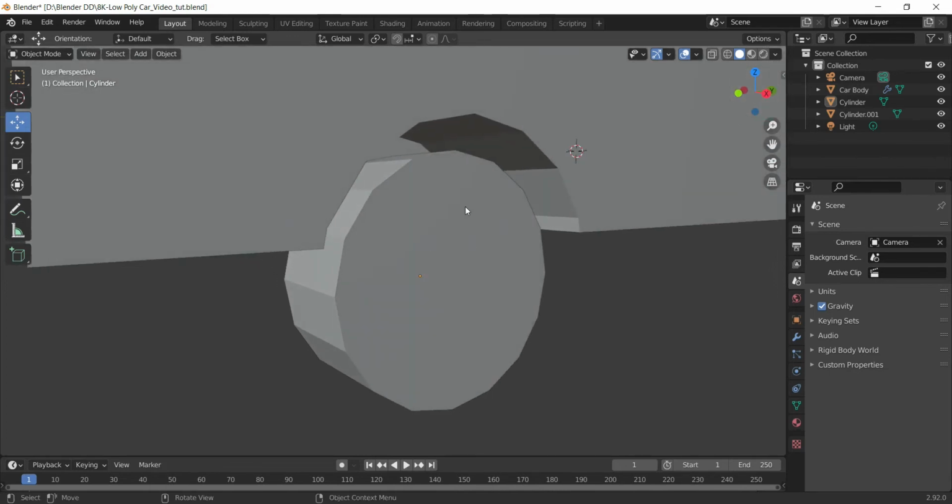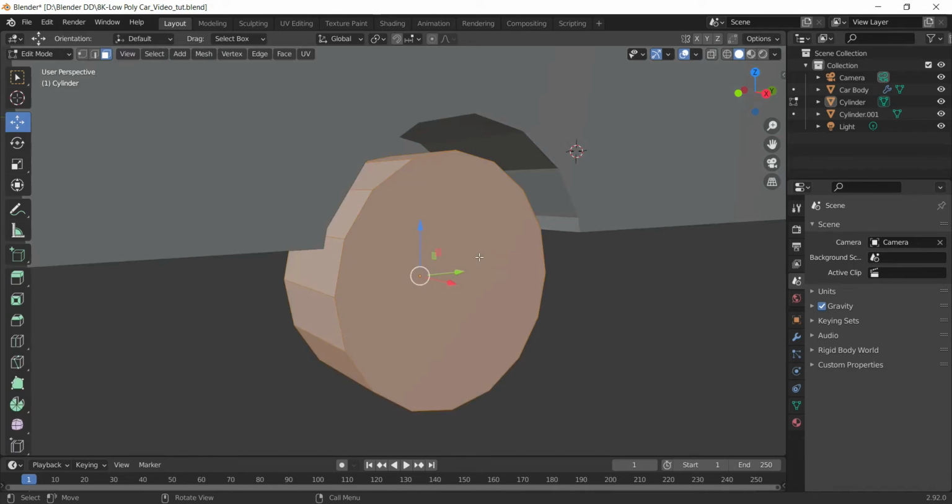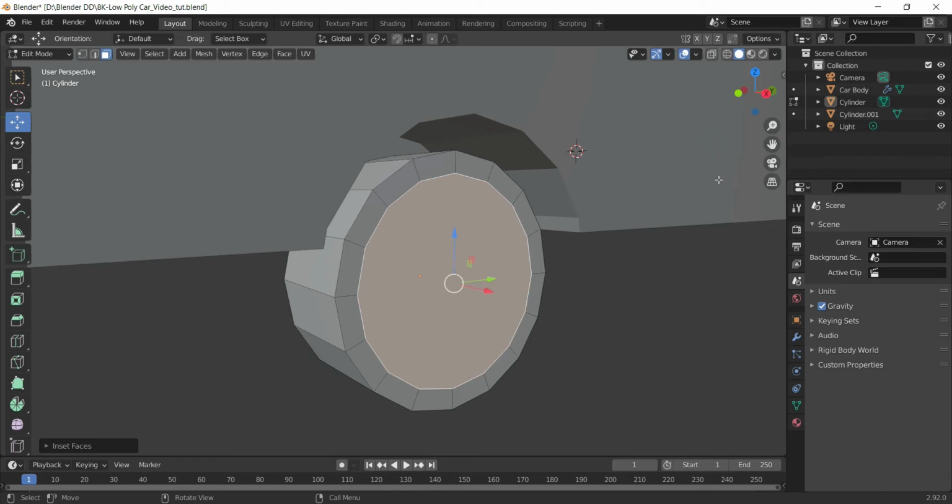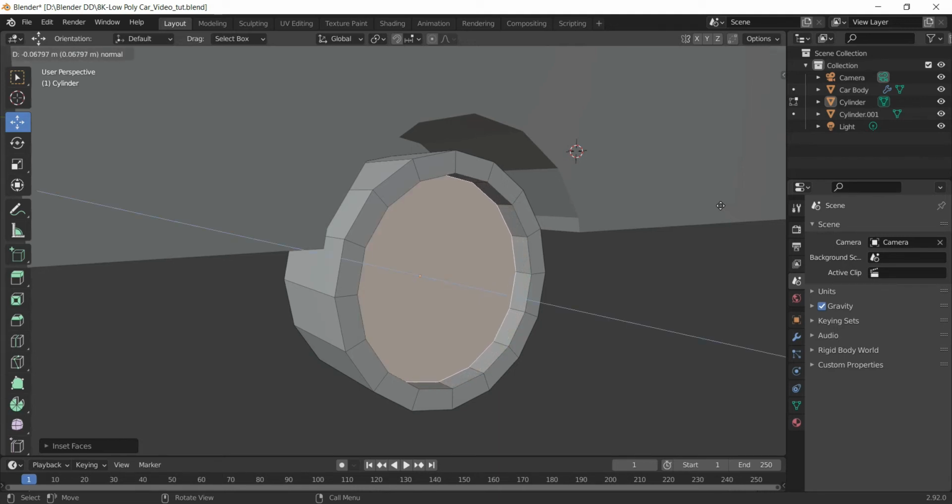So I'm just going to give a basic shape over here. First, I'll go to the edit mode of the tire and then I'll select the front face and I'll insert this face first. For that, you all know the shortcut is I. So I'll press I over here and I'll give a small amount of insert, about this much, and I'll click to stop. The next thing which I'll do is I'll extrude this face inward. So I'll press E, the shortcut for extrude region, and push it down like this.